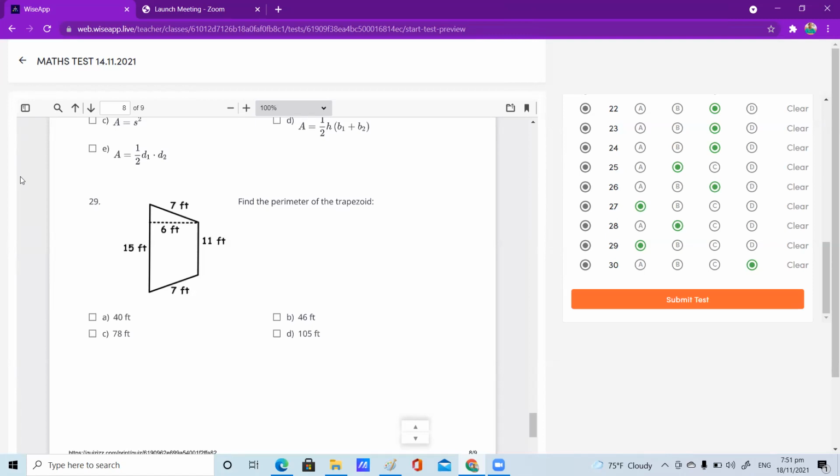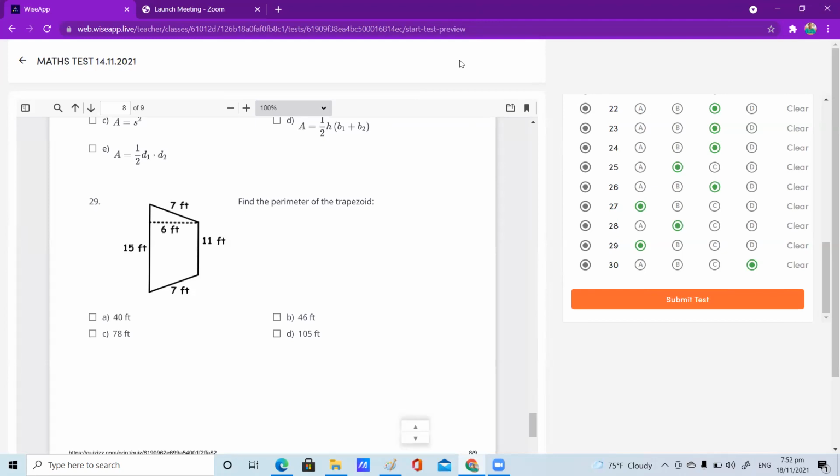What is the formula of a trapezoid? Sorry, it's perimeter, children. It's not area. Lalit, it's 40 feet. Answer is correct only. It's perimeter. Abhinav, you are correct. Very good. Here the question is perimeter. We were discussing area just before, but perimeter means you just have to add the boundaries. 14 plus 26, 26, 36, 40. 40 feet only is correct.